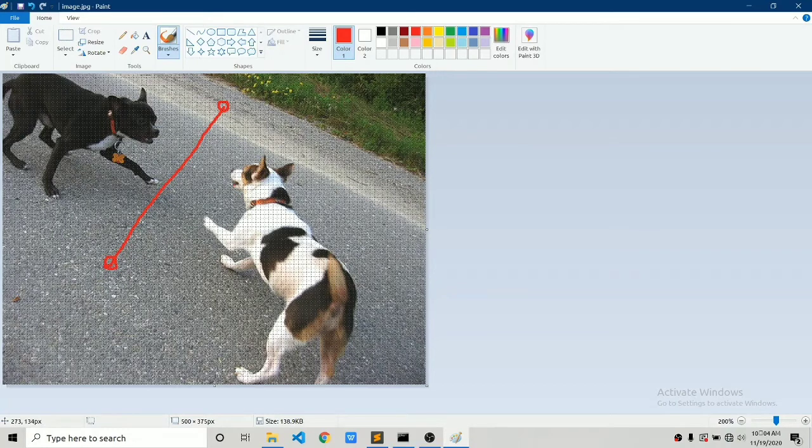Now let me move further. Let's start by drawing a rectangle on this white and black dog. This time we'll choose the green color. For a rectangle we again just need two coordinates of a diagonal. As you would know, a rectangle has a diagonal. So the coordinates will be this coordinate and this coordinate. Now you know what the starting and ending coordinates are. Let's draw the rectangle. So the starting coordinate is 256, 88.